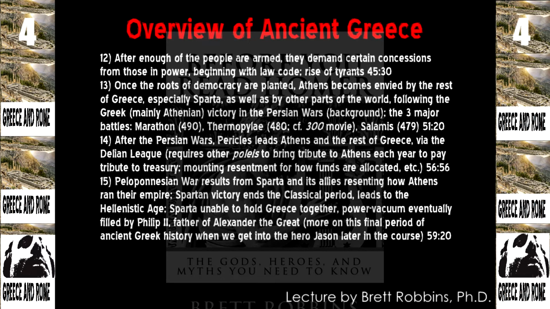The Greeks won, mainly because the Persians underestimated the military force of the Greeks. The Greeks didn't allow themselves to get too big of a head about it. So then 10 years later, the Persians finally came back for more, this time better prepared, in 480 BC, with the second major battle of the Persian Wars, which is called Thermopylae. It means the hot gates, and that's the name of that pass that we know about from the movie 300. Famously, we all know that the Greeks lost that battle, but it was due to the courage of the 300.